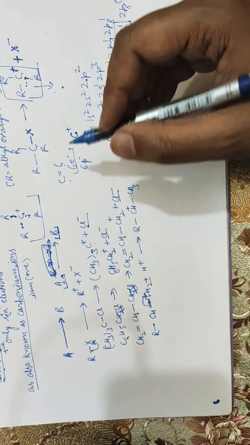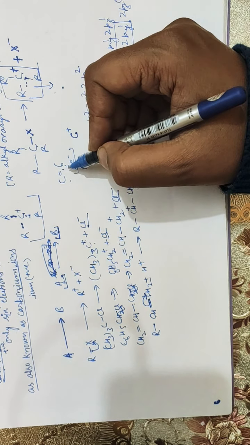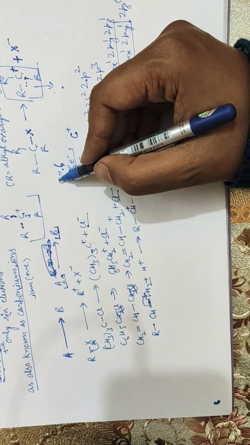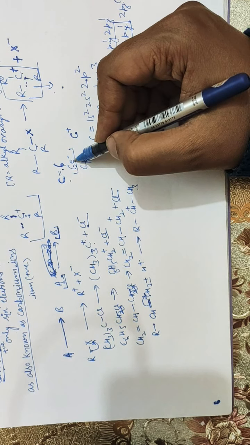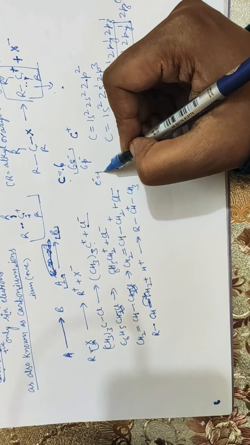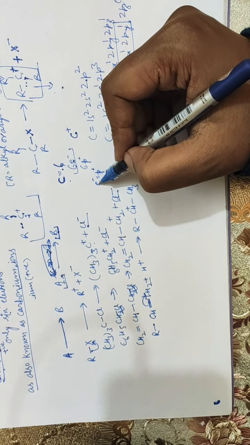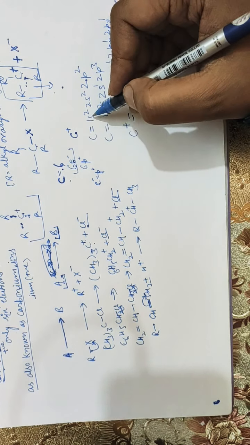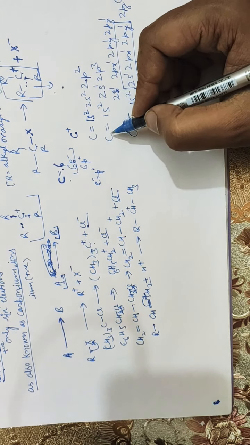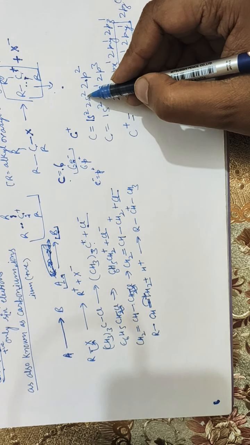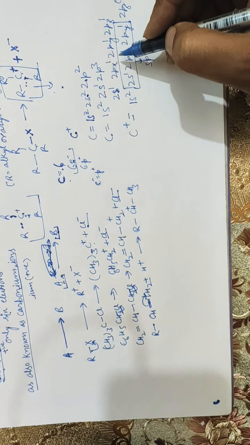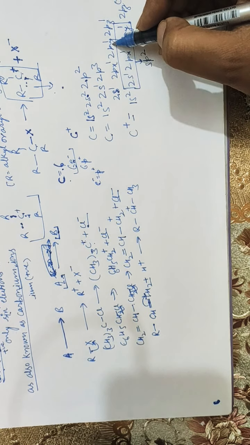I told you how this is possible in this electronic configuration. First of all you must know the atomic number of carbon, and the atomic number tells us the number of electrons in that particular atom. So the atomic number of carbon is 6, so there are 6 electrons, and the atom is neutral, so the number of electrons is equal to the number of protons, because proton means positive charge and electron means negative charge. So you write the electronic configuration 1s2, 2s2, 2p2. And in the carbon excited state, one electron from the 2s2 orbital goes to the p orbital, and it becomes 2s1, 2px1, 2py1, 2pz1.